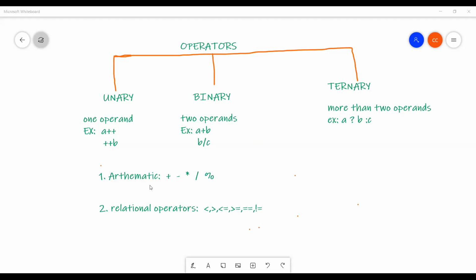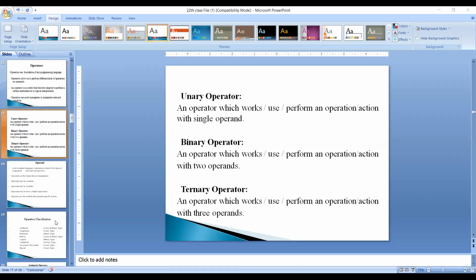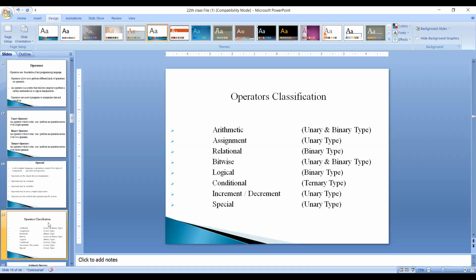So I discussed arithmetic operators, relational. There are different classifications of operators available. See here, operators are classified into 8 types: arithmetic, assignment, relational, bitwise, logical, conditional, increment and decrement, and last one special operators.